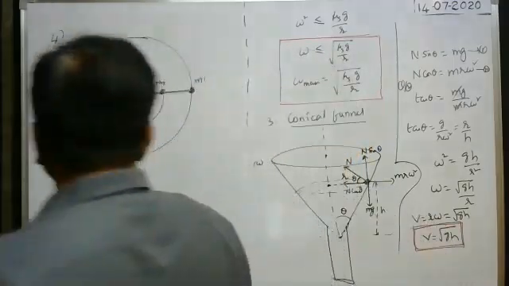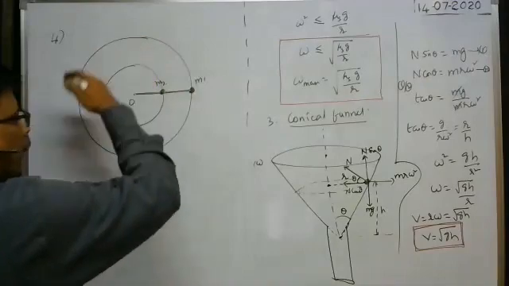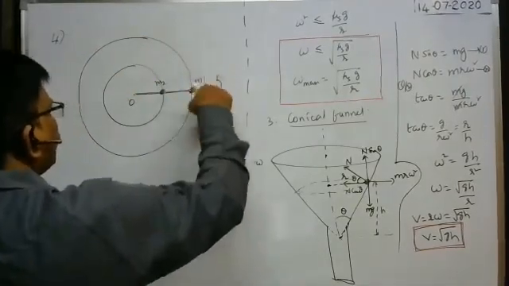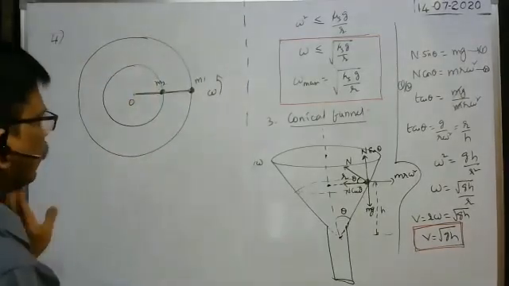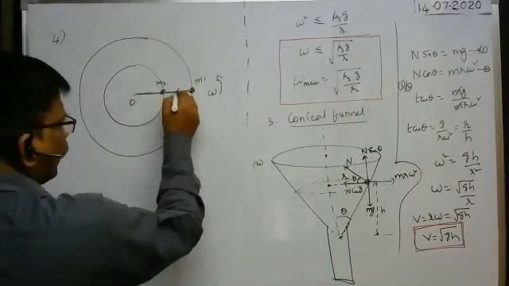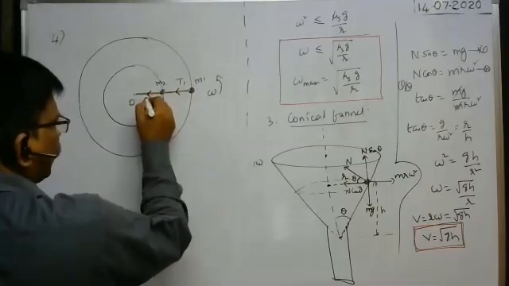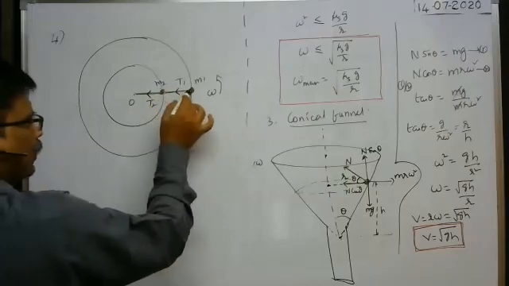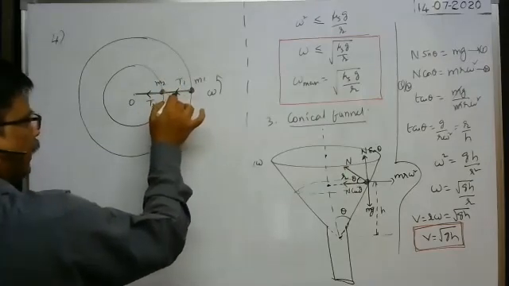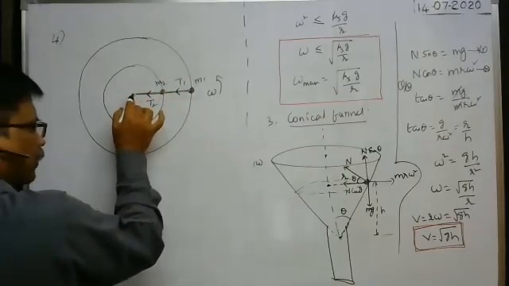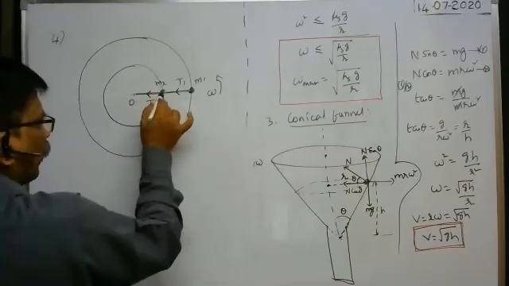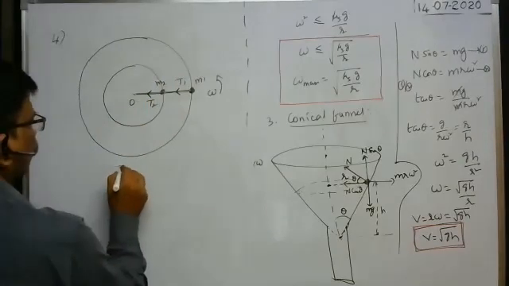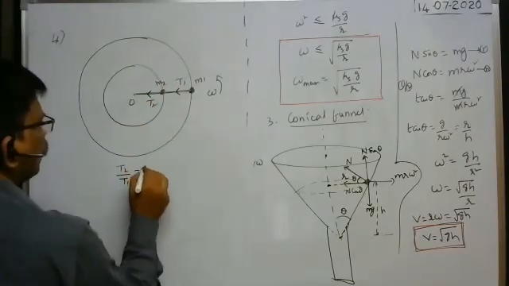Whenever these two bodies make rotations in a horizontal plane with constant angular velocity omega in, say, anti-clockwise direction, what is the tension in the string here? The tension in the string between the two bodies is T1. The tension in the string between the fixed end and the second body is T2. What is the ratio between these two? T2 by T1 is equal to question mark.